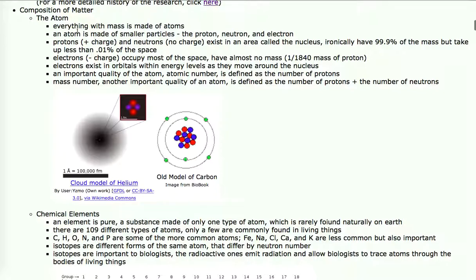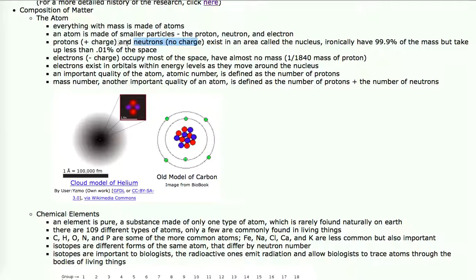Now, what are atoms? You learned about this last year. An atom is a tiny little particle of matter that has the properties of an element, like carbon, silicon, lithium, sodium, hydrogen, oxygen, nitrogen, and so on. Atoms are made up of smaller particles, but they don't have the properties of elements. Protons, neutrons, and electrons make up atoms. The protons have a positive charge, neutrons have no charge, and electrons have a negative charge.